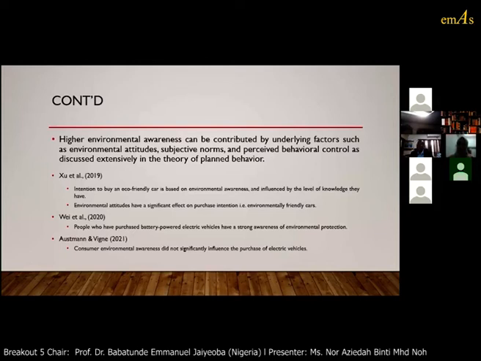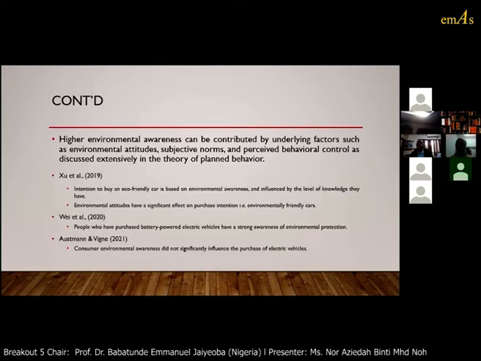So people who have environmental awareness tend to conserve the environment by doing other activities such as recycling. However, the study found that actually they have an interest in purchasing electric vehicles, but are held back by financial constraint. So if the government gives a subsidy to the electric vehicle market, it will be more rational. It will influence consumers who have high environmental awareness to purchase electric vehicles.